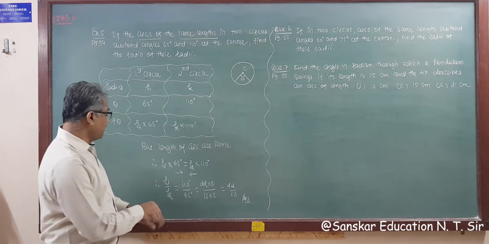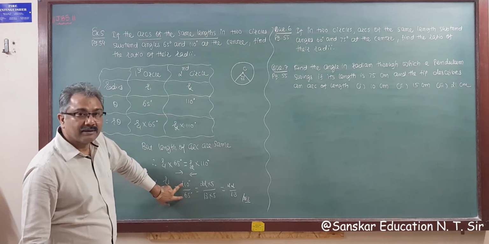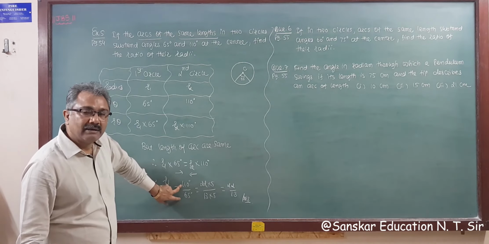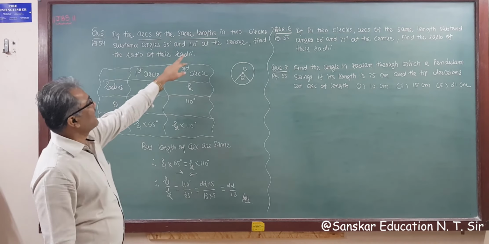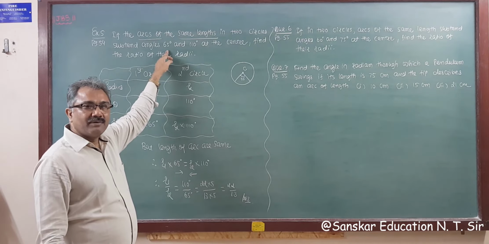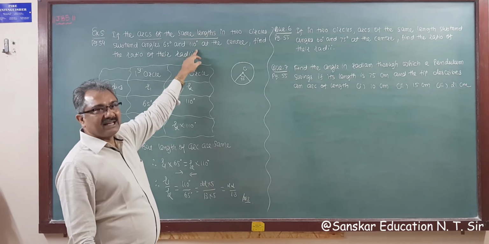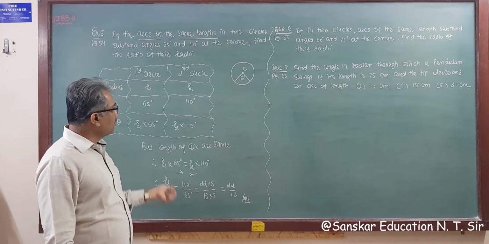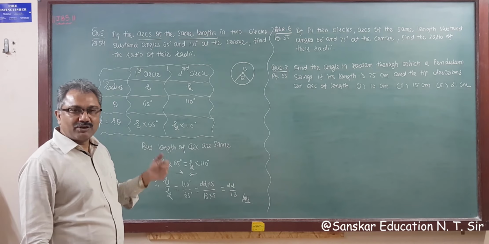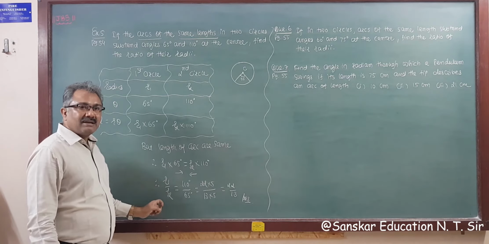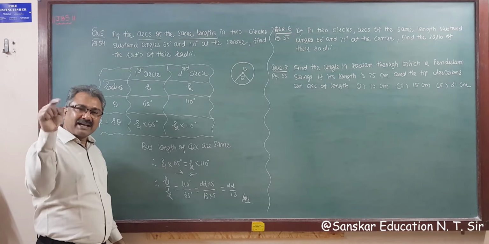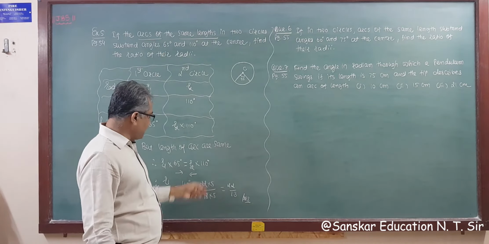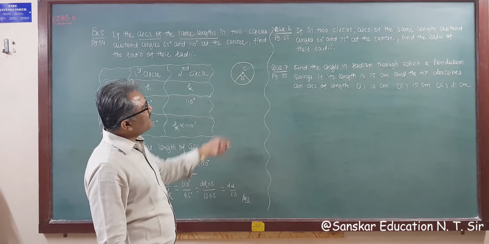So what to do for an MCQ? See what we get here: the ratio of the radii is the ratio of the angle theta, that is theta of the second circle upon theta of the first circle. So for an MCQ, what you have to remember is that the ratio of the radii is the angle of the second circle divided by the angle of the first circle. So 110 upon 65, that is your answer directly. The same question is there.